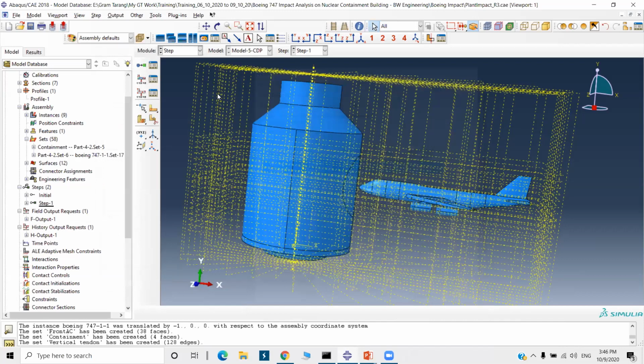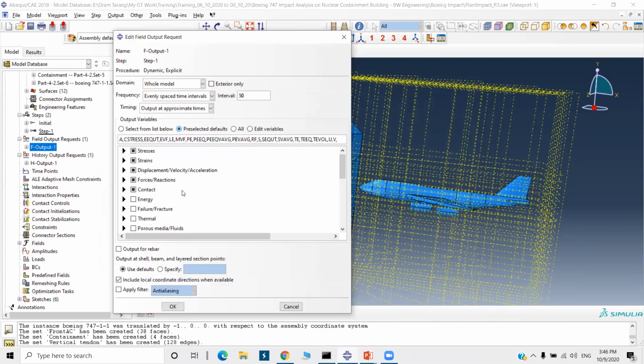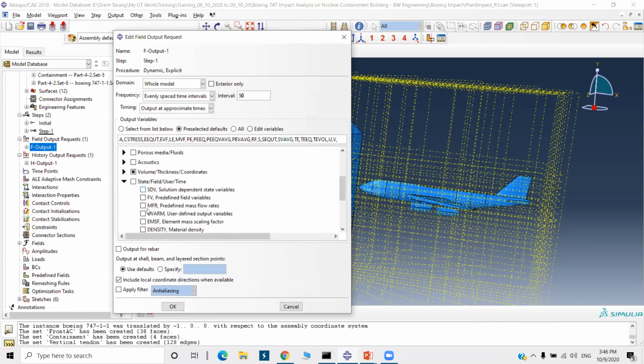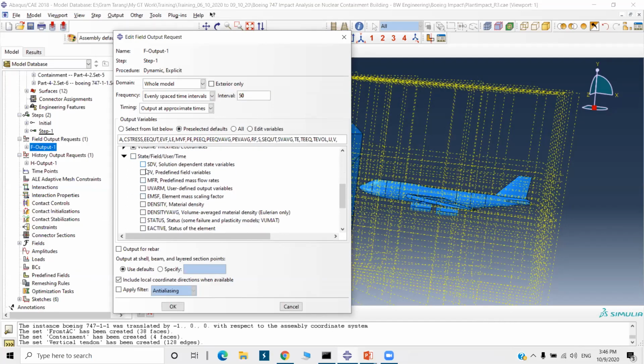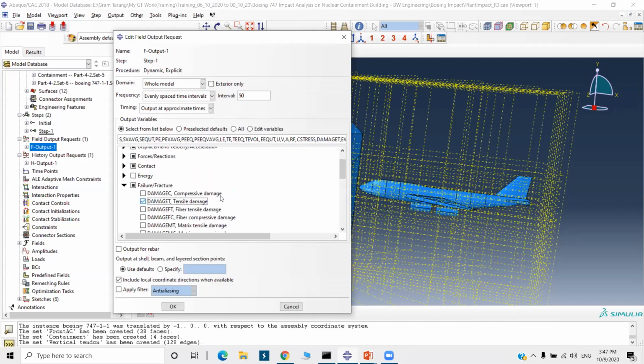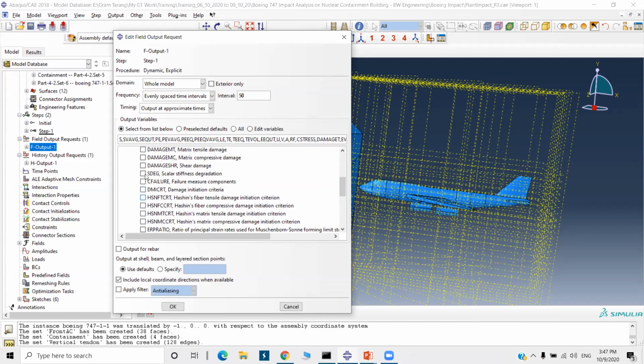We are going to edit it, make it 50. And we have to select some outputs here. In the state field user, select this STATUS and SDV. Okay, so we will be able to visualize the failure. Again, in the failure and fracture, select this one. Okay.